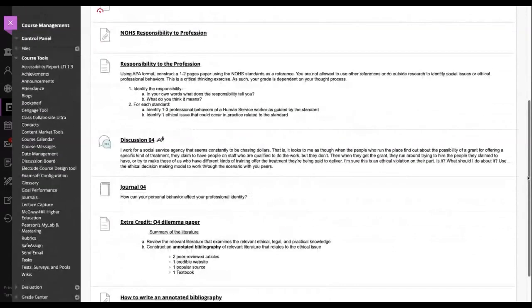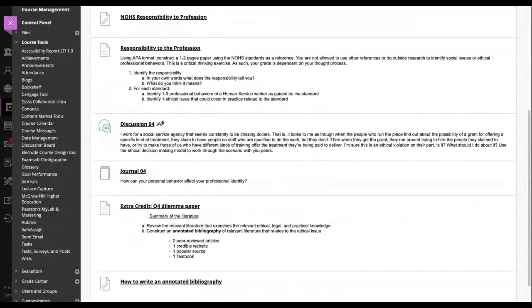This week's assignment is the same as it's been for the past 2 weeks. What we're looking at here, and I'm going to go over this a little bit, I'm hoping, maybe to describe it a little differently for those people who did struggle with it. So this responsibility to the profession, you're going to write 1 to 2 pages. Some people have gone over in the past, and that's fine as long as you're sticking to the criteria. I really kind of want to limit it to 1 to 2 if we can do that, though.